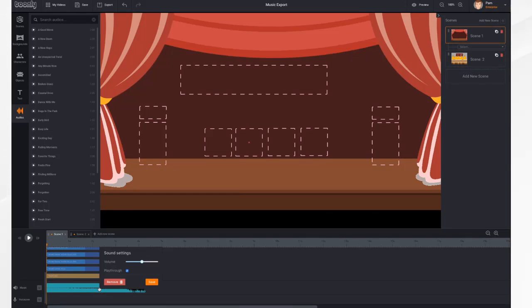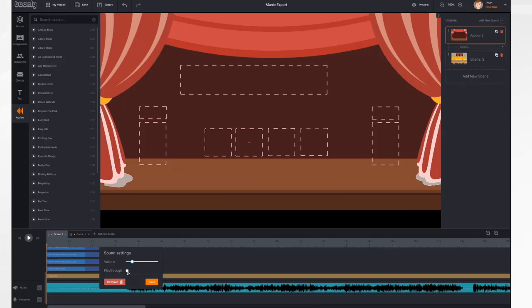So if I right-click on it, I can adjust the settings, bringing the volume level down lower, or increasing it, just depending on what your needs might be. This playthrough button is what I just described, where the music crosses all of your scenes. In most cases, that's what you're going to want. In some cases, you might not want that. If you do not want that, then you remove the checkbox here, and the music will only go in that